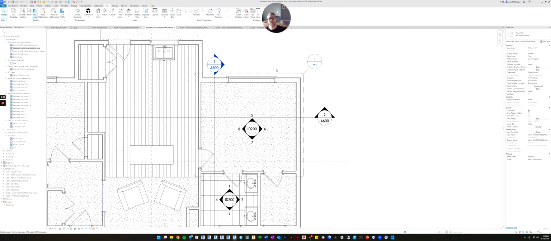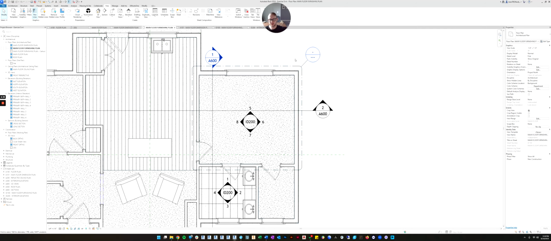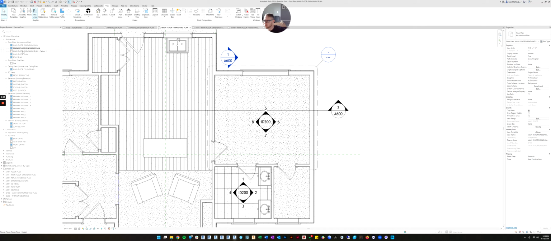Okay, so like most of the things, when you create a view and you draw the tag on the floor plan, it creates a view that's associated with what you just drew. So now, if we look over in our browser, we're going to have to look hard. It sometimes puts things where I wouldn't expect it to put them. Oh, but in this case, it didn't bother sorting it for us. It put it right under our main floor furnishings plan. See how it just says call out?